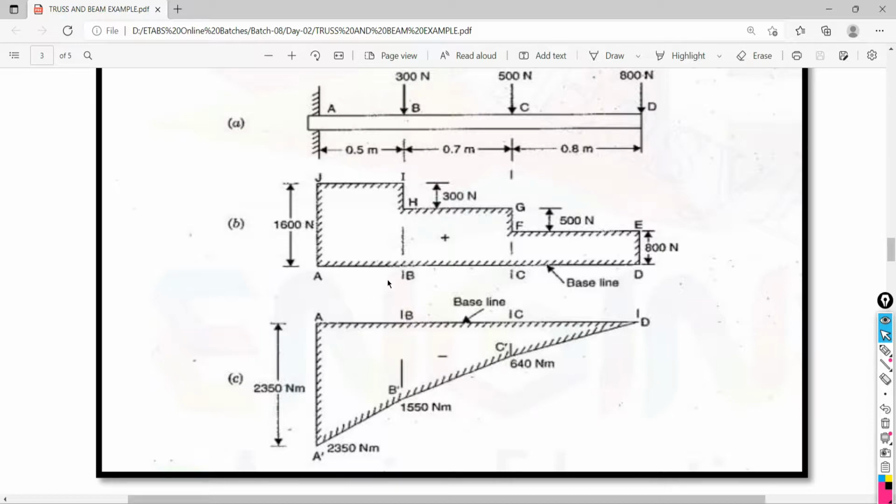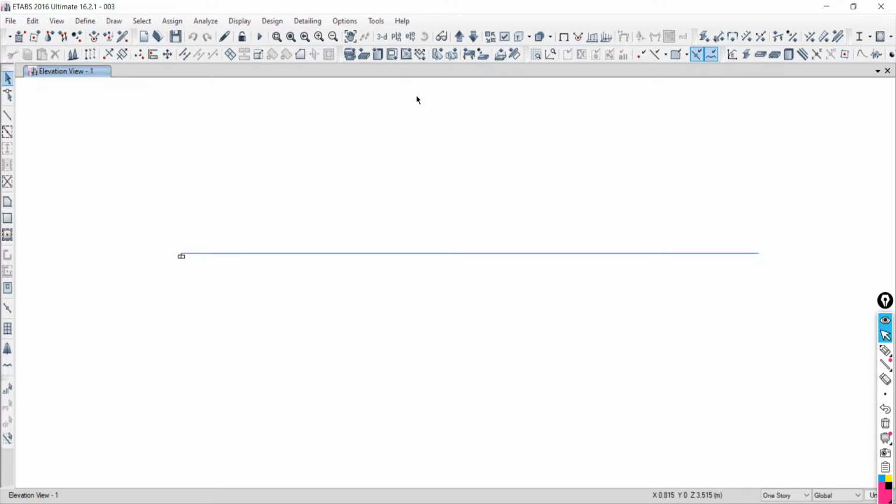Then axis consideration for special beams, the local axis system. If you want to see the moment, the major axis for the moment is 3-3, and the minor axis for the moment is 2-2. The major axis for shear is 2-2, and the minor axis for shear is 3-3. So in simple terms, you have to remember that every time for the case of a beam, if you want to see the result as a shear force,